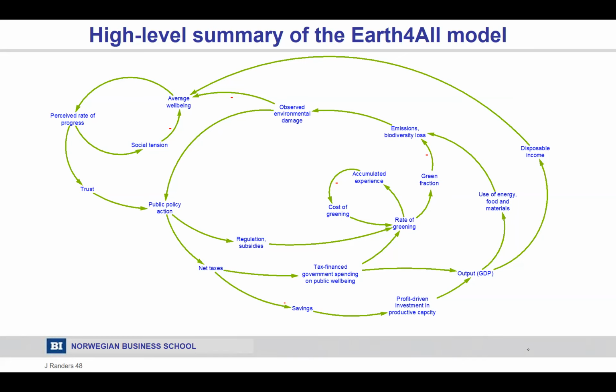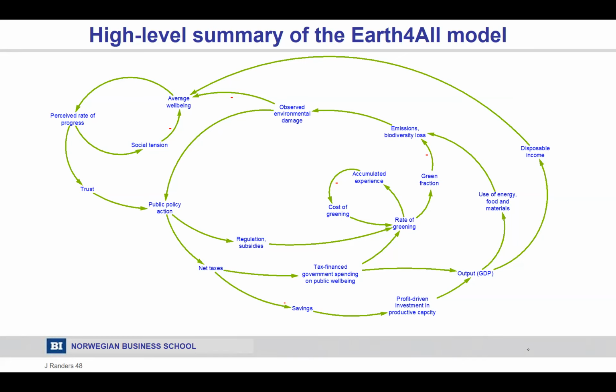The observed environmental damage influences public policy action, which actually does two things. It increases regulation, subsidies, etc., which increases the rate of greening, but below, this is important, public policy action tends to